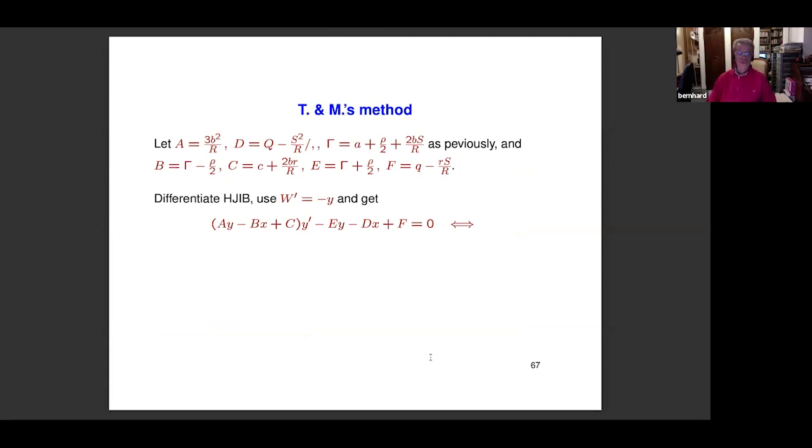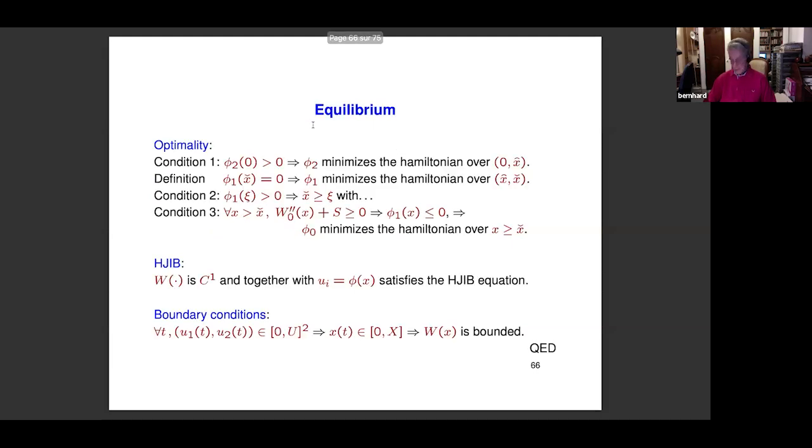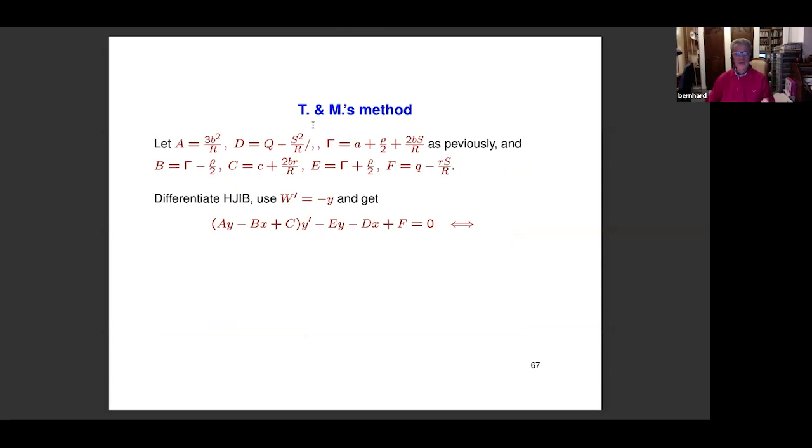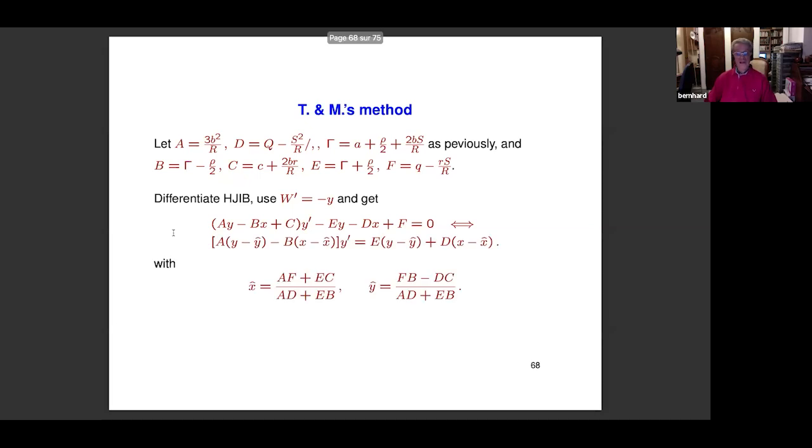Okay, I'll finish quickly. If I try to apply the method of Tsutsui and Mino to my more general problem, well, I do essentially the same thing as they do, but a little bit more general because I have coefficients which are not zero, while they do. In particular, I will come back to it. I can do the same. This is exactly what they do.